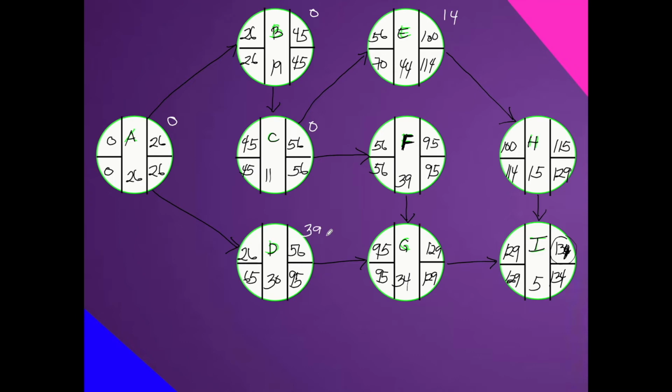Medyo malaki, no? Medyo malaki yung slack nila. 39 days, isipin mo. Kahit itagal mo ng isang buwan, okay lang. Yung activity letter G. Now, for the activity letter F, 0 ang ating slack for this. Same with activity G. For activity I, 0 din. For activity H, ito is 129 minus 115 or 114 minus 100. So, this will be 14. Ayan. Meaning to say, i-connect natin ngayon yung mga activity na merong 0 na slack, and